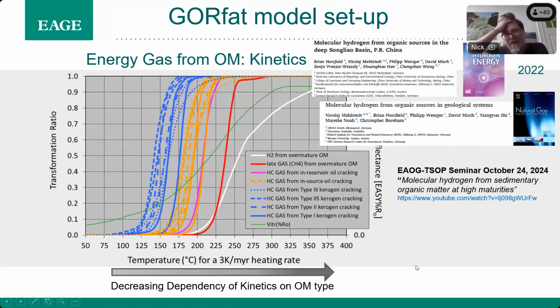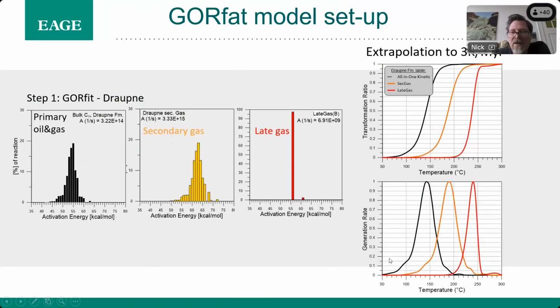Alex will also talk, I think, in his talk in this webinar, about the hydrogen kinetics and how you model that. But for the GORFET model, the hydrogen is not needed, so that is not integrated in our GORFET model. So let's just continue with how we constructed the GORFET model using the Draupner sample. In the first step, we just ran GORFET to define the secondary gas kinetics for the Draupner sample,